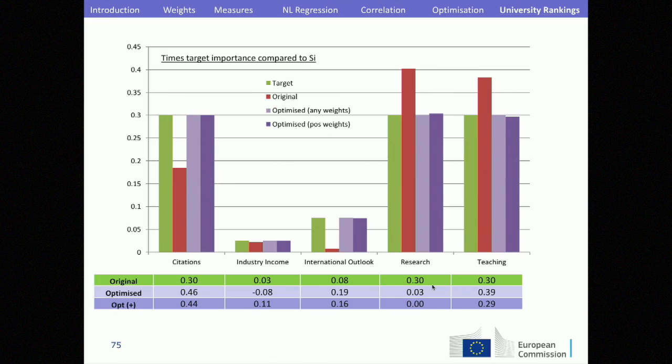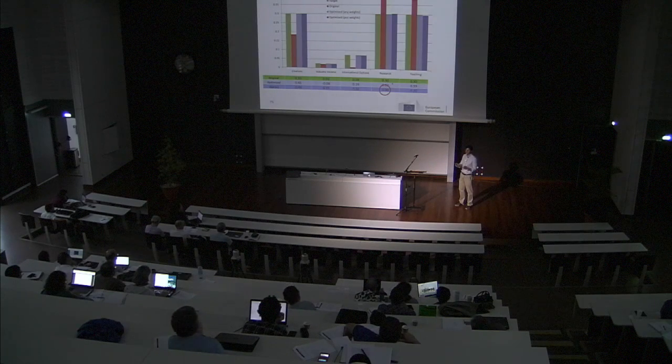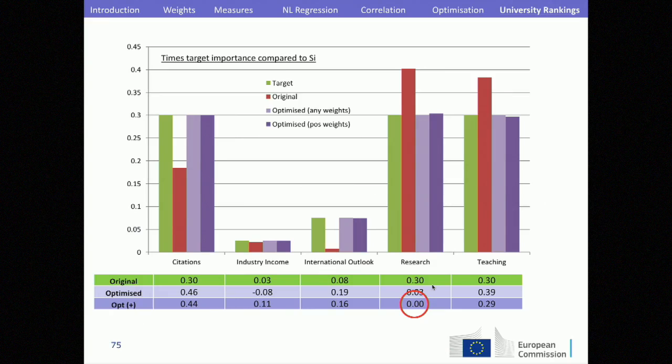If we do it with the Times, it's similar. We can use the unconstrained optimization, and we end up with a small negative weight, minus 0.08, in one case. But if we constrain it to be positive, and the reason you would do that is mainly because it looks nicer, really. That's quite a big concern with composite indicators, because ordinary people are going to read this, and if they see negative weights on some things, they're going to think, what's this all about? But if at least they're positive,